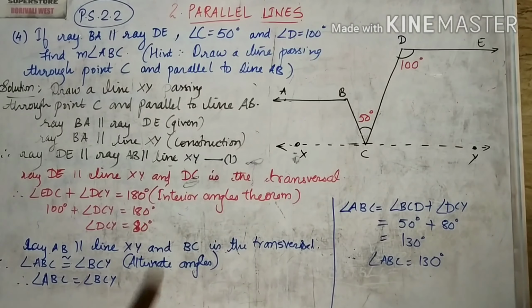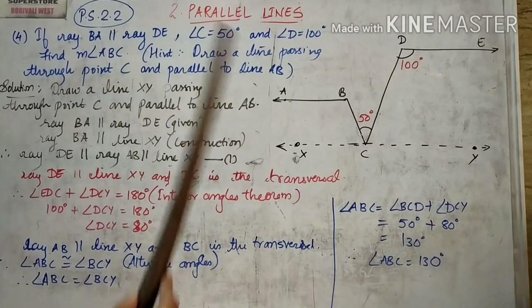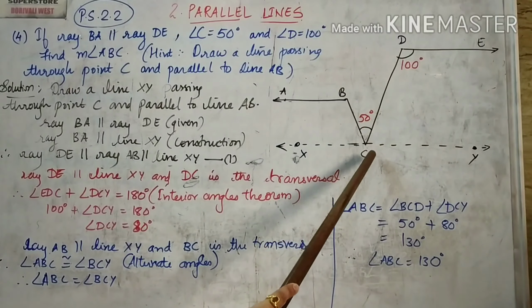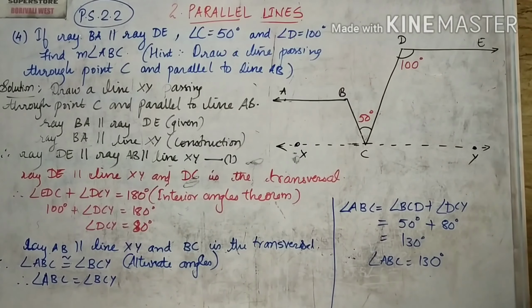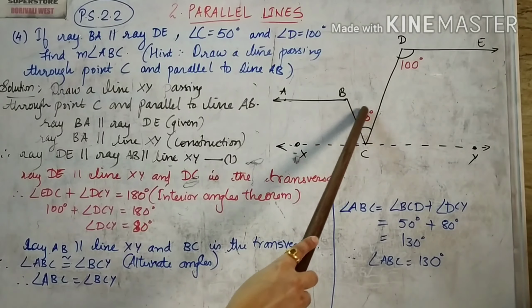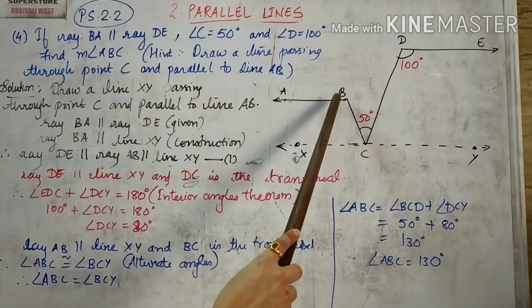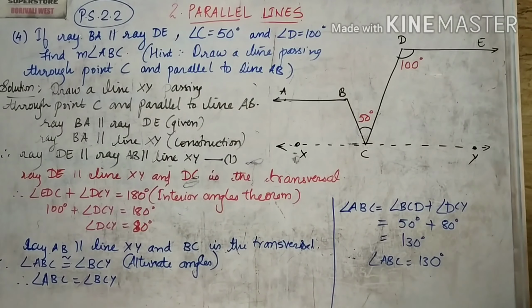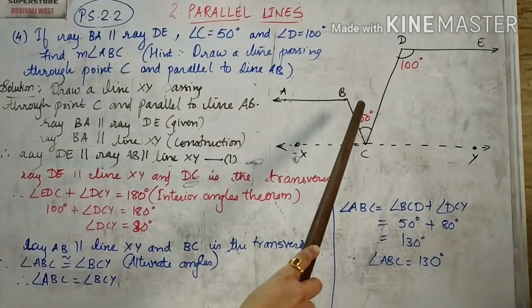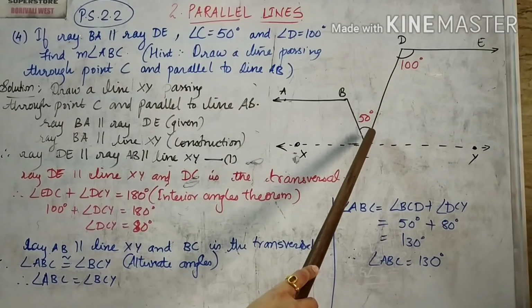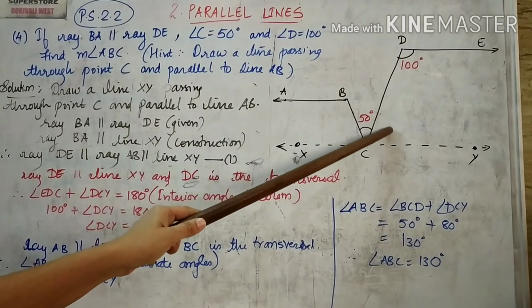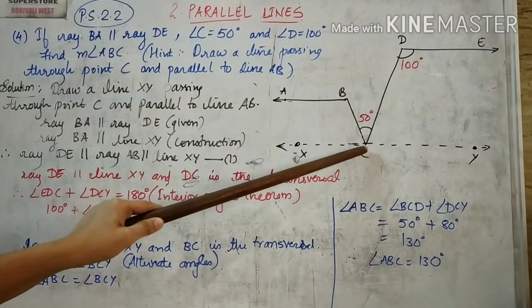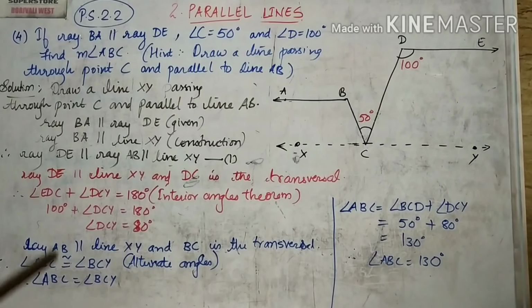Now first step, if I want angle ABC, children, think in the opposite way. If I want ABC, what do I need? Either I need this angle so that I can make use of interior angles property, or else to find out ABC I need this entire angle BCY, so that once I get this BCY, this and this angle will be the alternate angles and I can easily find out angle ABC. So if I want this angle entirely, I have this 50 but I don't have this part. Can I get this much part? Yes, I can get this DCY by making use of the interior angles property. So that is the first thing that we write down.